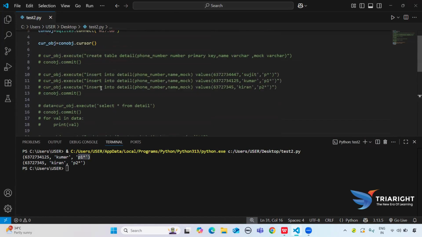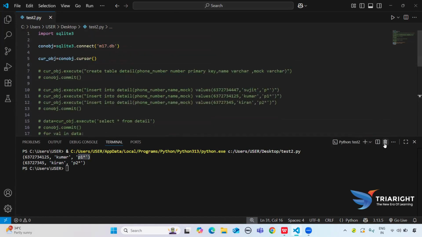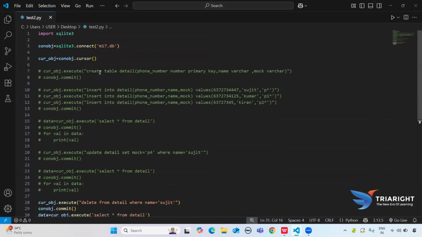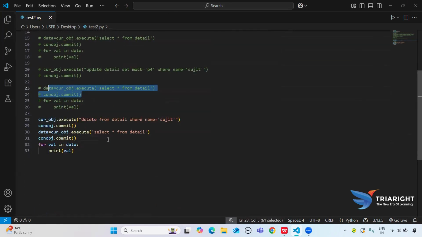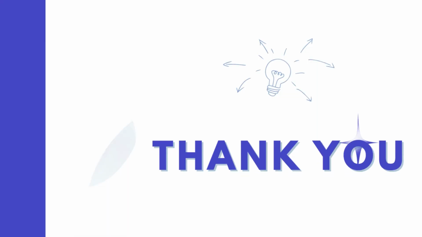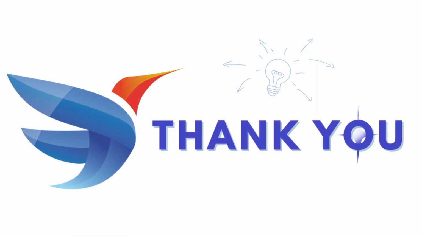Means we can say that in our SQLite 3, we can create a table named detail, and we are adding the data, showing the data, each and everything, and updating the data and deleting the data. So this is all about our database connection to Python, and also it will complete our pack 35 that's available